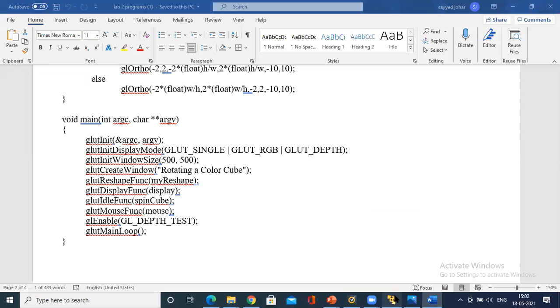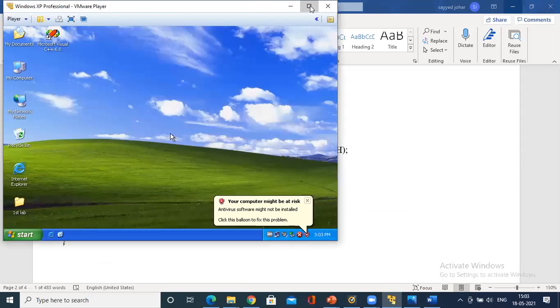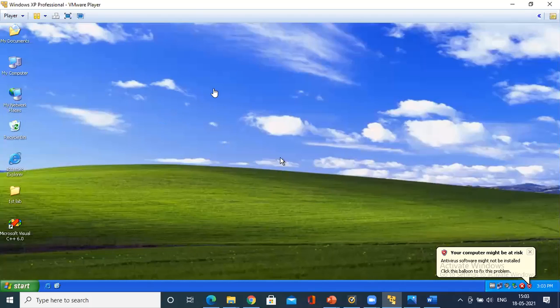Okay, so let me go to the execution part of it. This is one program, and one more program is there, that is perspective viewing. First, let me execute this program and then we will see that. So I have copied this program.